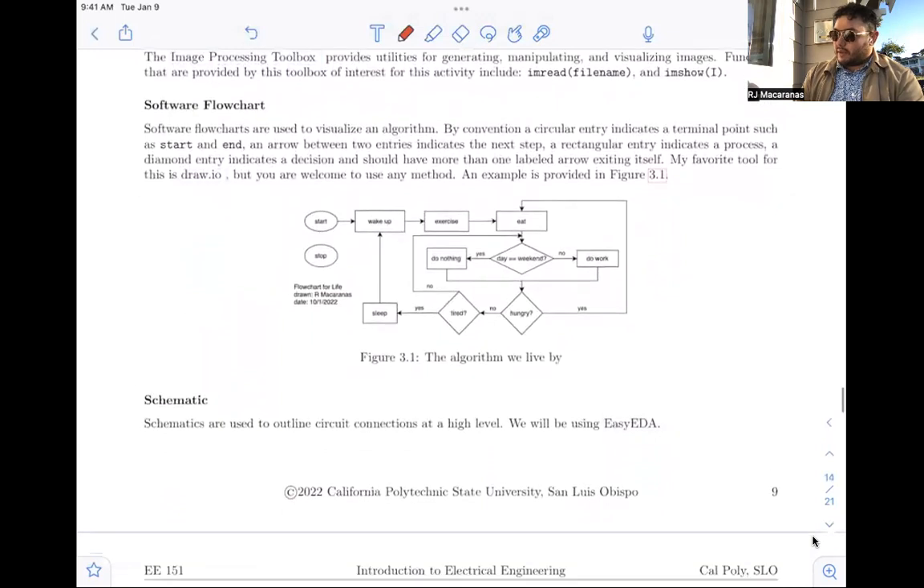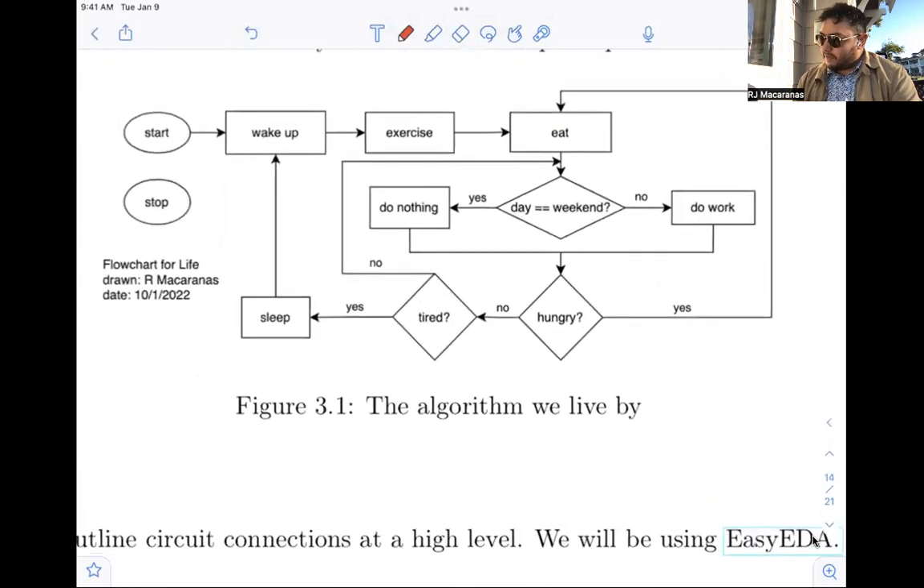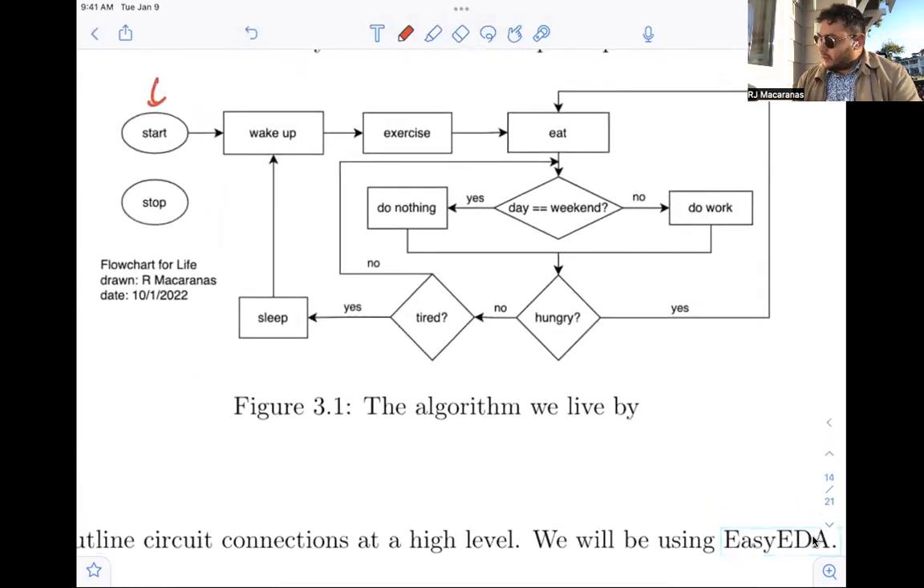And then we have software flowcharts. So we just use a software flowchart to visualize an algorithm. So we've got terminal points, start and end, and arrows, and a rectangular entry as a process, diamond entry as a decision. Then you have exit points coming out of that decision. So if we look closely here, right, so we've got our start. This is a process. This is something that we're doing. Another thing, and then we go on to the next